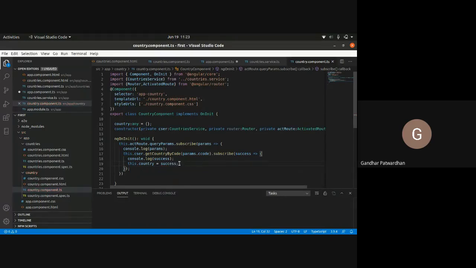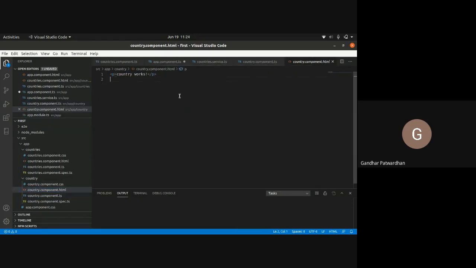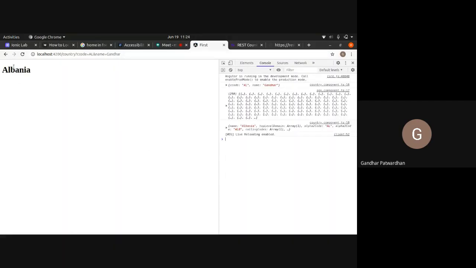and after I say this, I have a data member, which is an object which has the information about the country. Then in my HTML file, I would try to display that country. Let's say I have a div tag. Inside this div tag, I'll give an h1 tag. In my h1, I would simply say country dot name. Now let's see if we get that name. So we got the name.